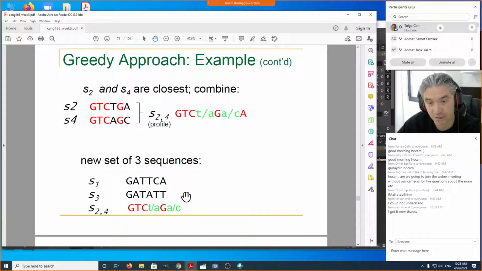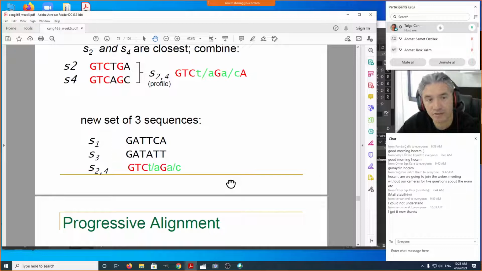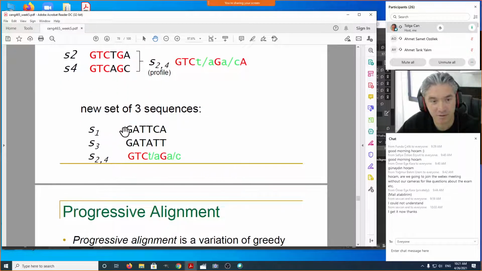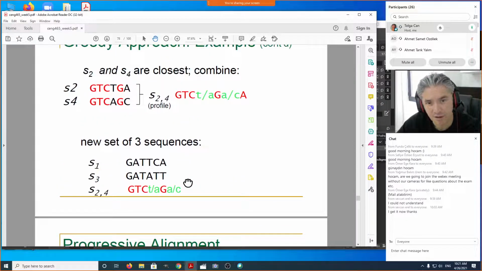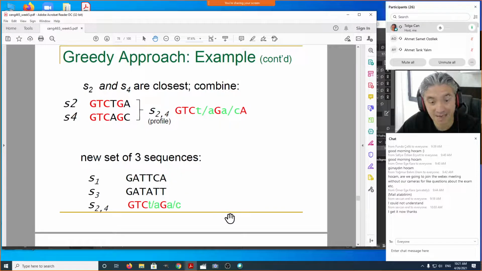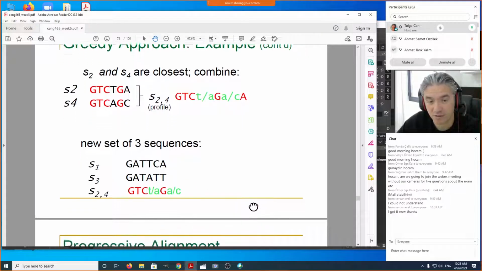All right, so at the next step, whether we are going to proceed with the alignment between S1 and S3, or S1 and S2, or this profile, we don't know that. So we have to again look at the second step. We find the most similar pair of sequences and progressively build it like this. So this doesn't show the remaining steps, but we can just do it by hand.